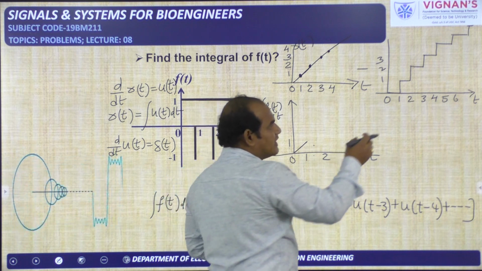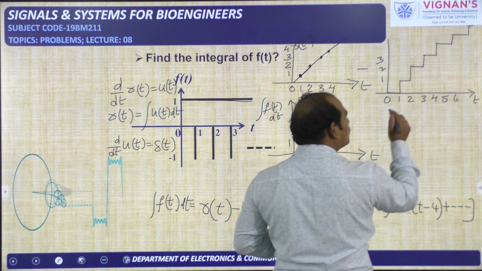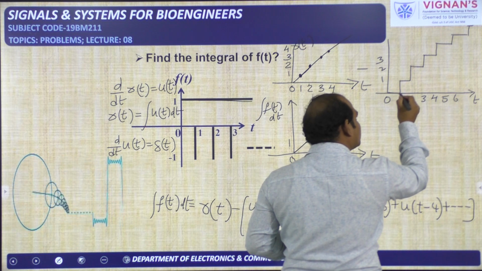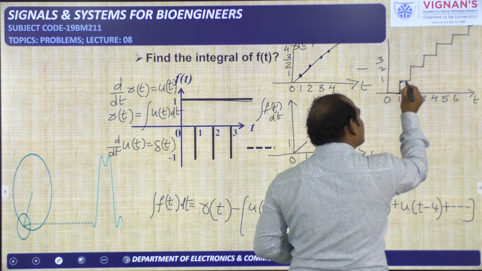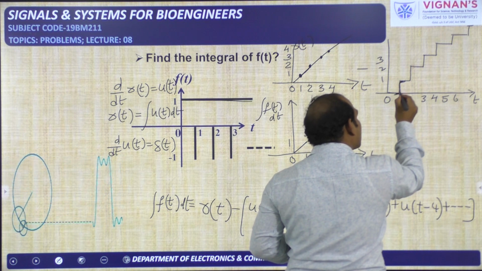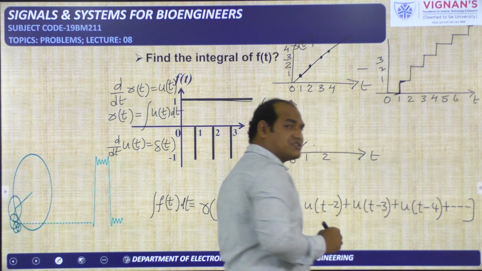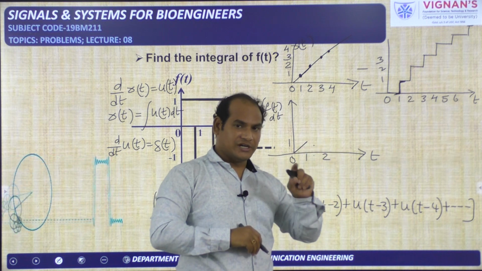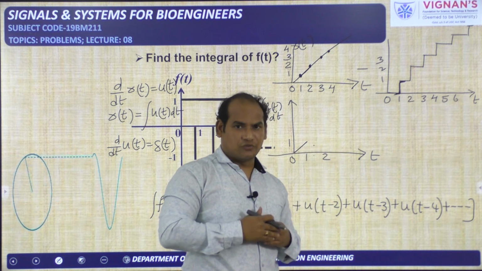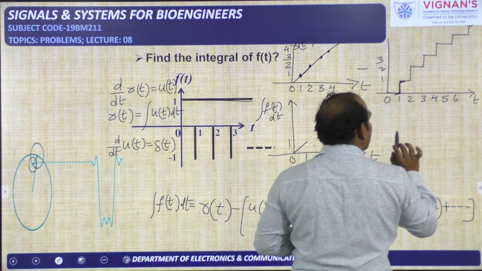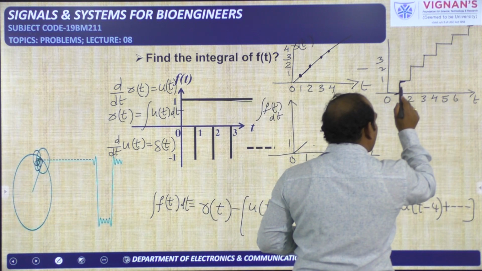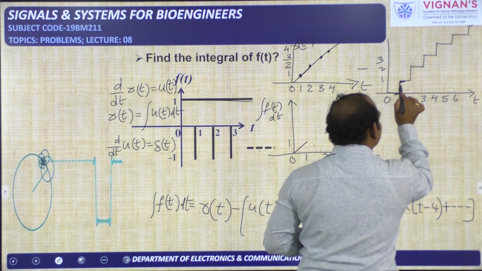But exactly at t is equal to 1, this is having the amplitude 0 and also the amplitude 1. It is changing from 0 to 1. So both things we have to take into consideration. Whenever discontinuity is there, we need to see the problem very carefully. So whenever exactly t is equal to 1 is happening, what will happen? The amplitude is suddenly rising from 0 to 1.